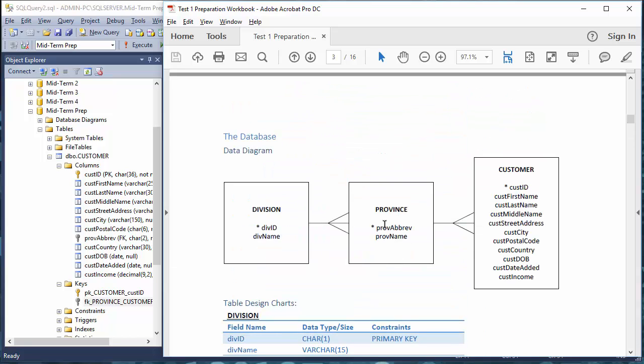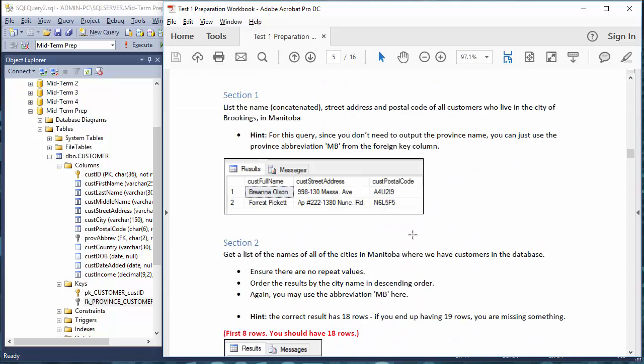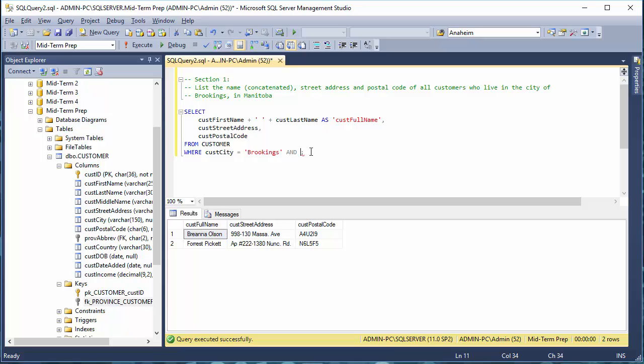We have province abbreviation. Oh, I see. There must be a province abbreviation somewhere in here too. So I go prov abbrev. Now also, naturally, you can look over here for where's my province, read through your list of fields and get to know them a little bit better. And then you say, well, prov abbrev equals what? Well, prov abbrev equals, I'm looking for Manitoba, and when I look at, again, just to double check,